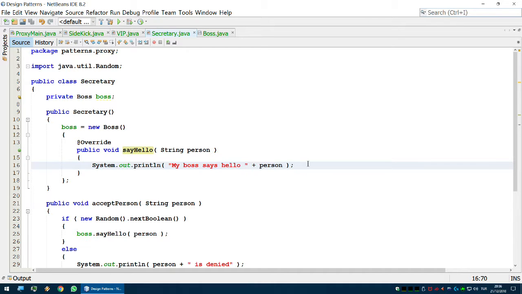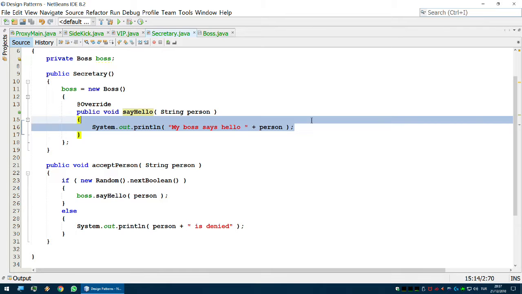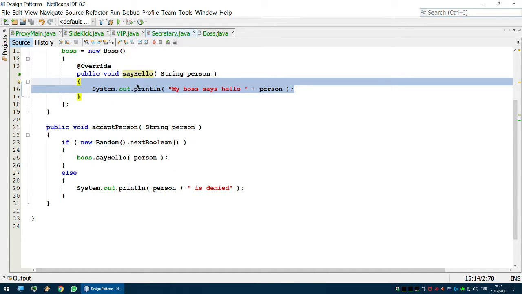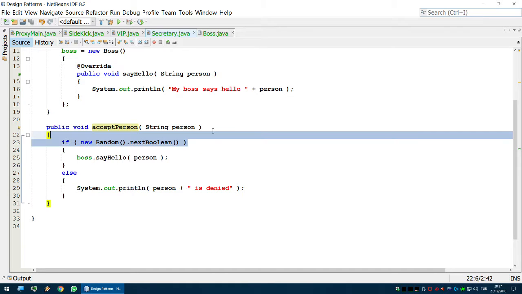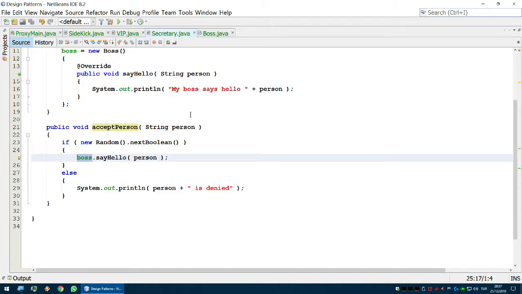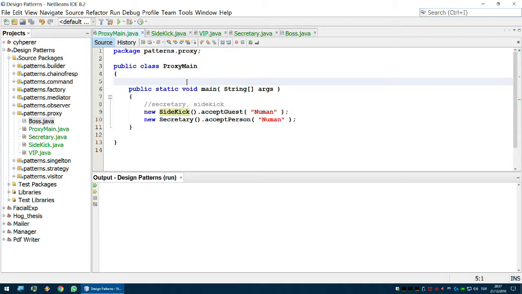Maybe the visitor is a bad person, and the secretary is gonna say someone bad is coming or someone good is coming. Anyway, you can implement that logic inside the secretary. And just like the sidekick, you're gonna have a method to control the access to the boss. And again, I have implemented the same logic. If the next boolean, the random boolean, comes out true, the boss is gonna be accepting the person and saying hello, or denying. And if we run the program,